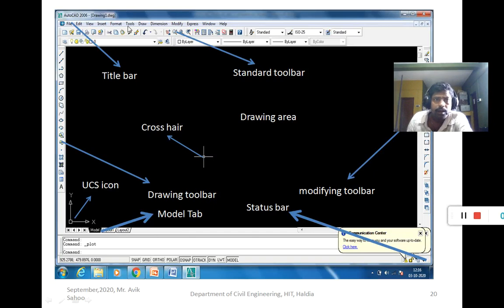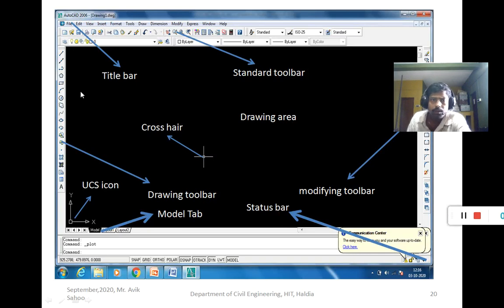You see that I am using AutoCAD 2006. You may use a higher version, but the basic features remain the same. The only difference is the graphical interface, which is better in the higher version, but the basic commands and basic tools remain the same.